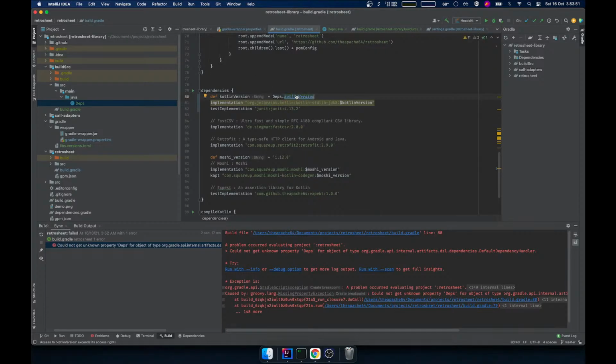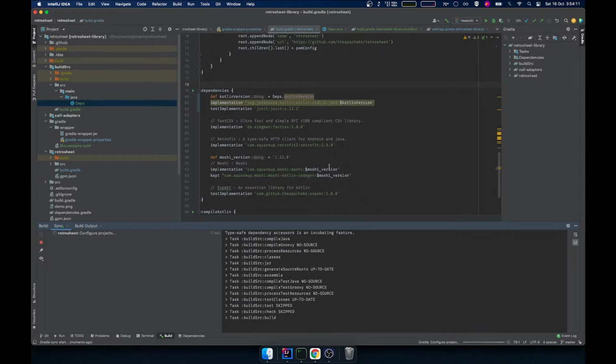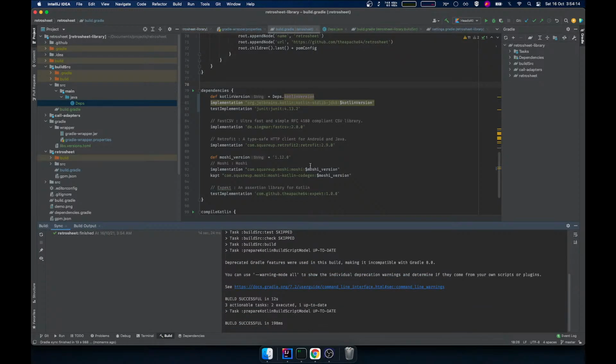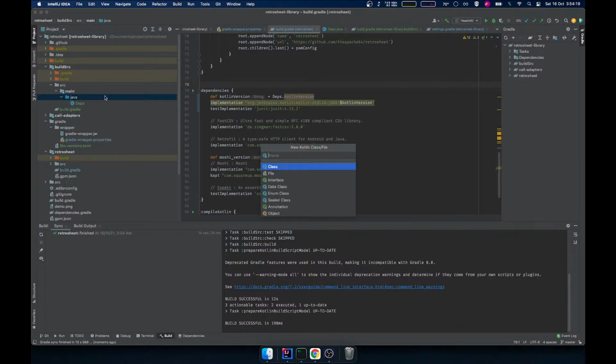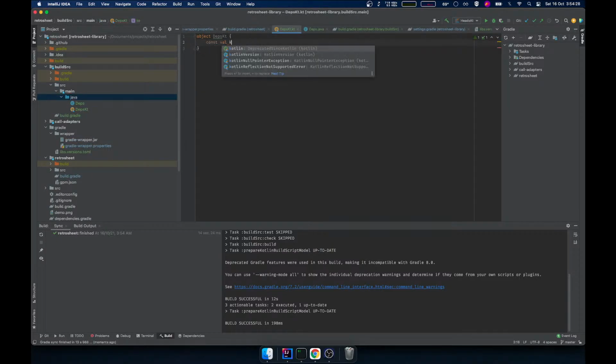I don't know. Oh, it works. Maybe let's see this first. I think it worked. Yeah, it did. But I want to know the reason behind why it doesn't work with Deps.kt. We'll do the same, we'll do the same, kotlinVersion